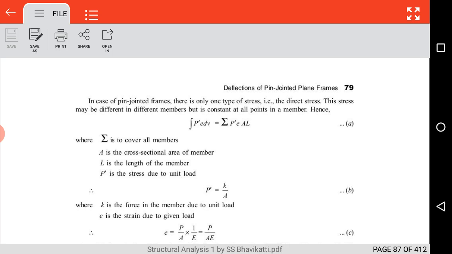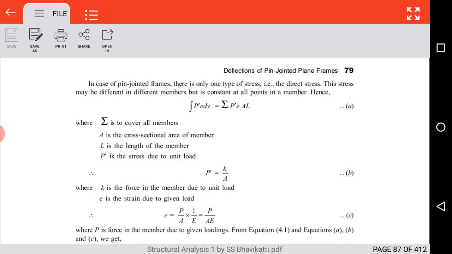and this stress may be different in different members, but it is constant at all the points in the member, and hence if we integrate our strain energy for all the members of the truss, it is nothing but the summation of the direct stresses of each of the members. So here the integration of P'E dV is equal to summation of P'E AL, where AL